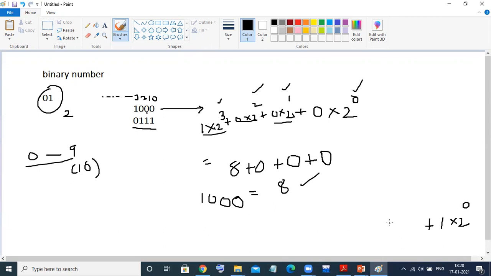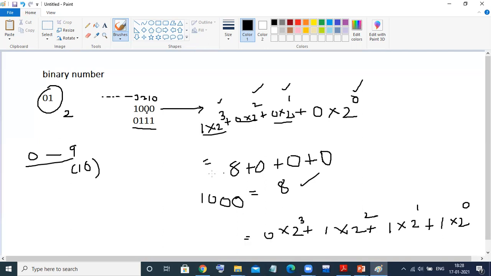What is the next digit? Again 1. 1 into 2 to the power 1, plus. Next is 1 into 2 to the power 2, plus the final, 0 into 2 to the power 3. We need to calculate this now.